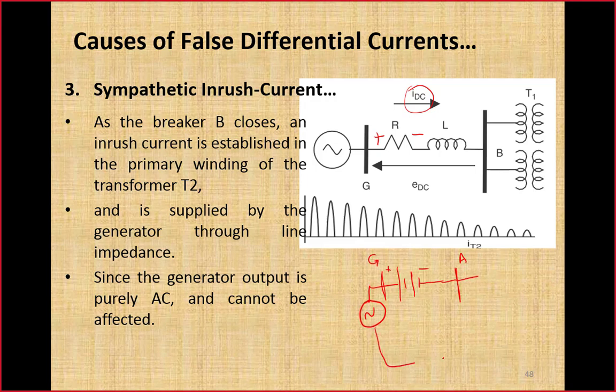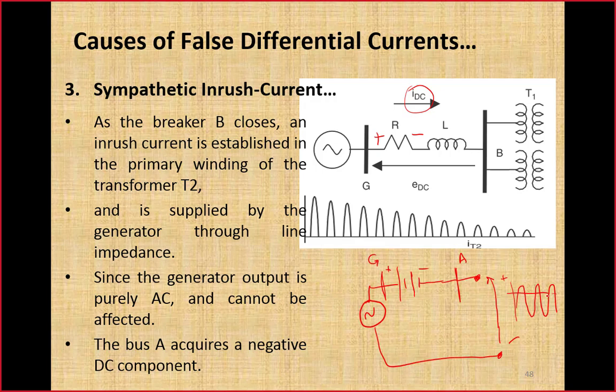How much voltage will be there between these two points? Due to this situation, we have an AC source in series with a DC voltage drop in this polarity. Definitely there will be a negative DC component in this voltage that is available to bus A in this polarity. What does the negative DC voltage mean? Voltage will move downward like this. So we can say that due to this DC drop, this bus A, to which two transformers are connected, will acquire a negative DC component.